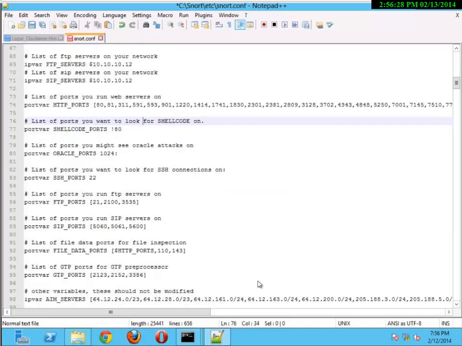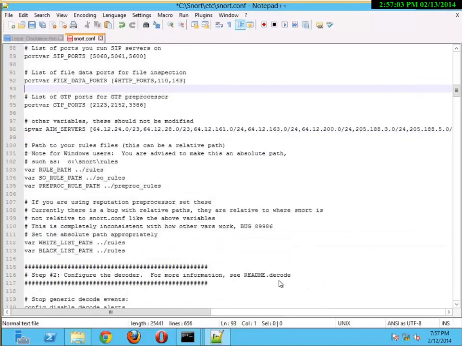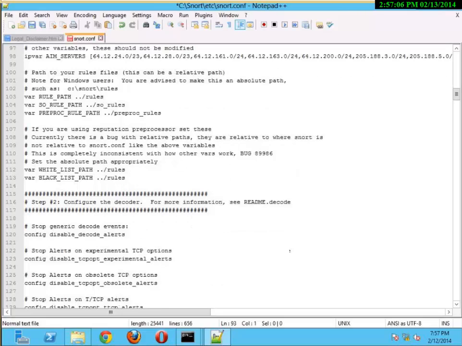Okay, I don't want to touch the external_net files because we have nothing to do with those. Important note here: if you have a DNS server, then you need to change the DNS_SERVERS line and replace it with the home.net line as well. So you should put your DNS server address in the DNS_SERVERS line. In this case, I don't have any extra DNS servers, that's why I'm going to leave it as is. But if you have it, please make sure